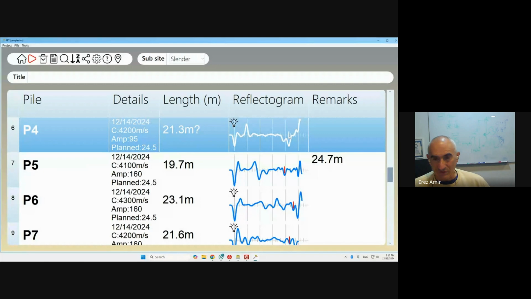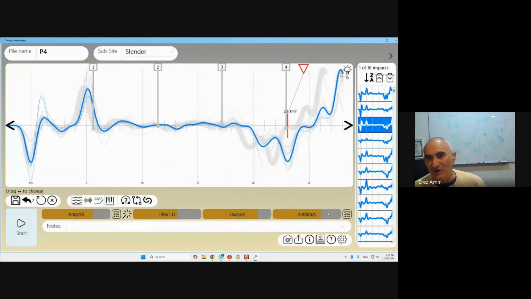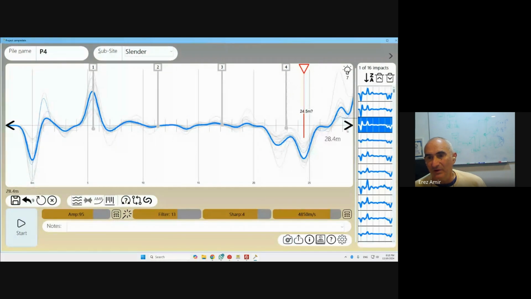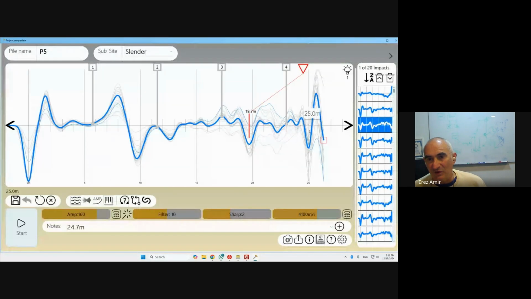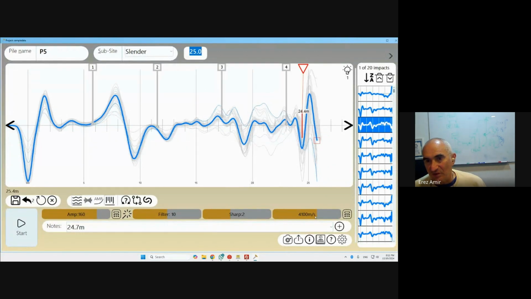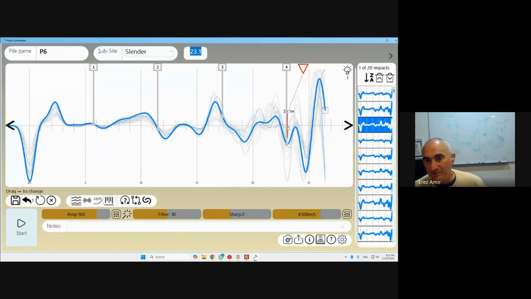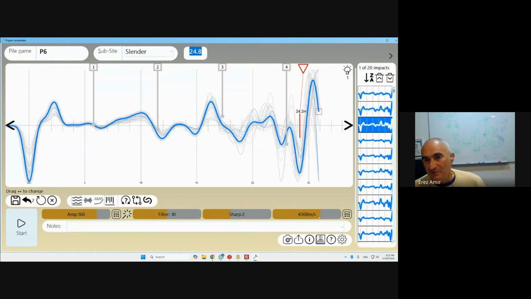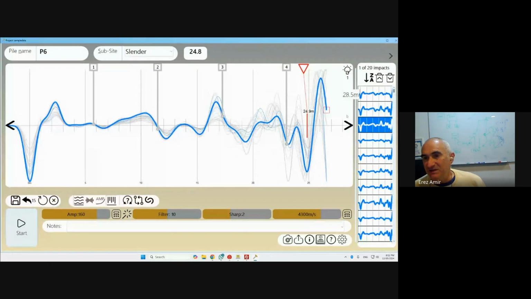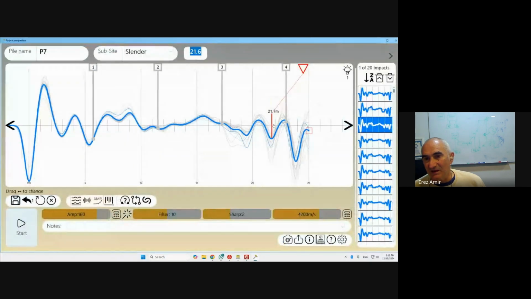And the worst thing that you can do is to change the wave speed for each pile to set the correct wave. So what I'm going to show you now is a big no-no. Let's say I want to make the contractor happy. I'm going to make this 24 meter, and then the next pile I'm going to make the length mark here, and maybe it's too much, so I'm going to put it here, and I'm changing the wave speed for each of these piles to make everyone happy. This is wrong. This is not testing. This is really